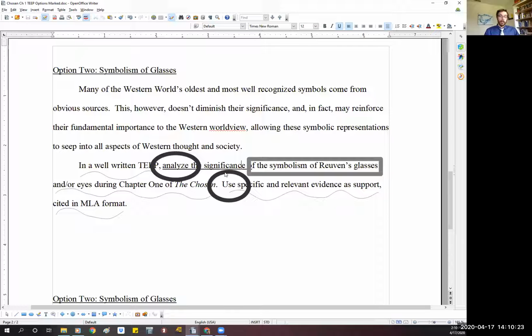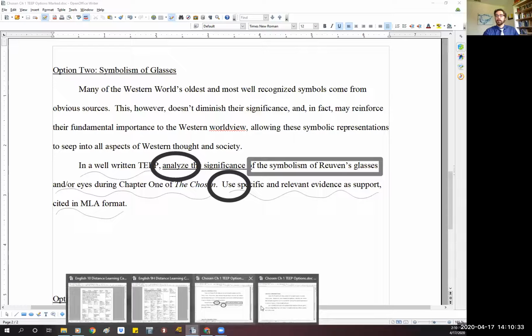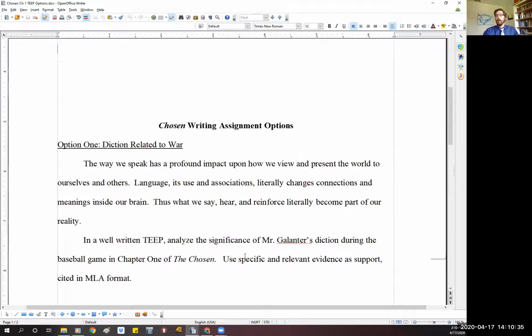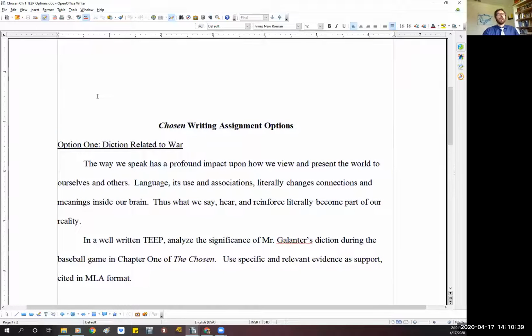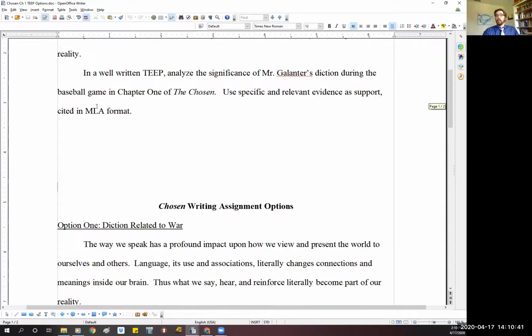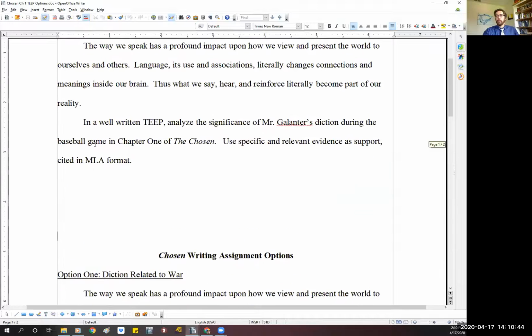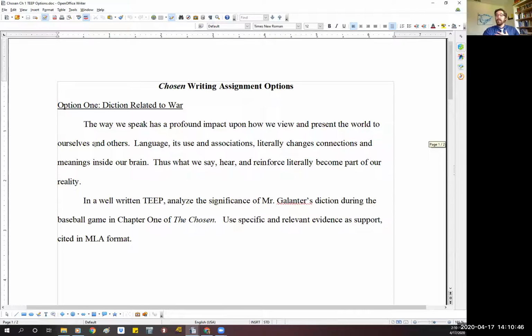All right, ladies and gentlemen, if you have any other questions, feel free to email me, send me a response. The way these should be set up when you see it in Google Docs, I'm going to delete this extra one since I'm not making a half sheet. So you're going to see both options on one page. It would be a little bit easier for me, but if you forget, it's no big deal.